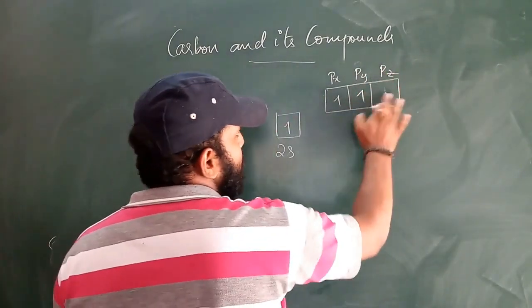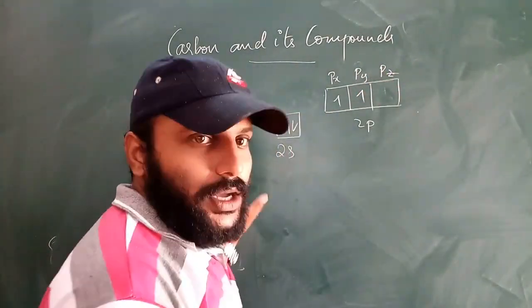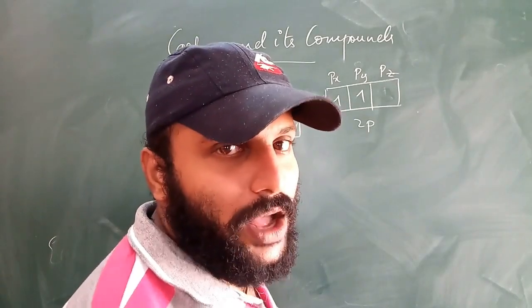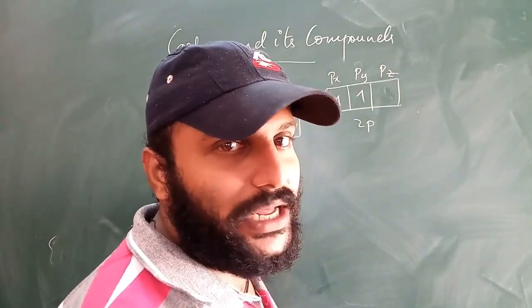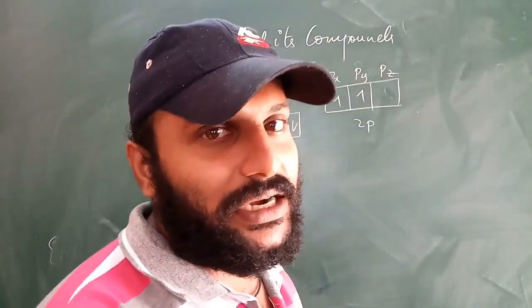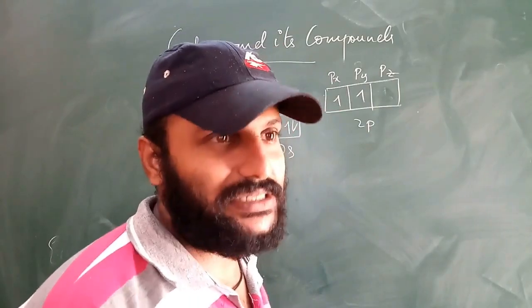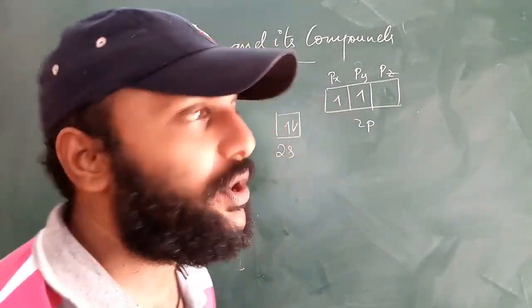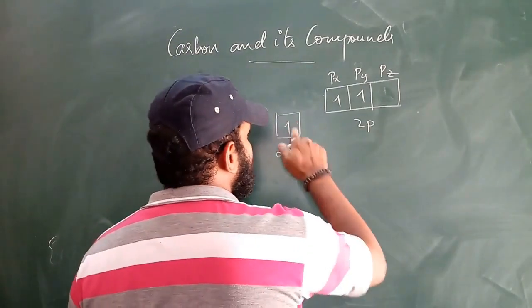Before this it was empty because there were 2 electrons in the ground state. But during the bonding time, bond energy is liberated. Due to that bond energy, 1 electron will enter the Pz orbital such that it contains 4 unpaired electrons, such that it can make 4 bonds with the same atom or with different atoms. 4 unpaired electrons we have got.